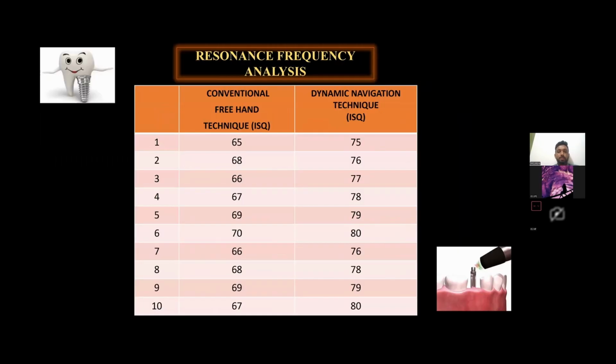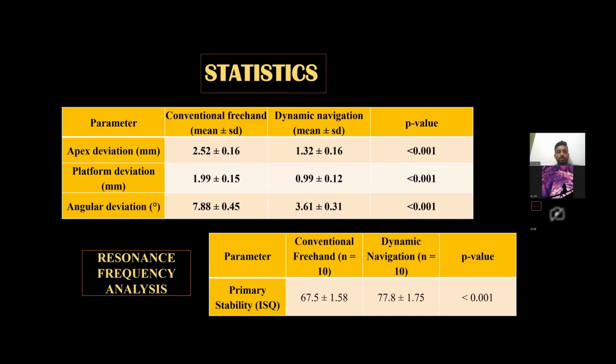And this was the resonance frequency analysis, the ISQ value for conventional as well as dynamic navigation. So the statistics showed that for the conventional freehand technique, the apex deviation was around 2.52, and